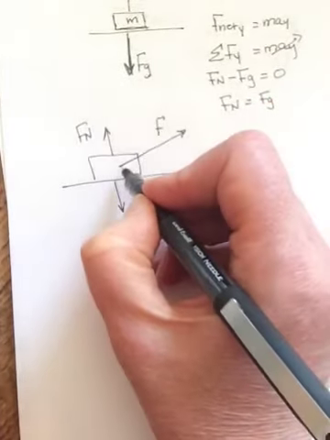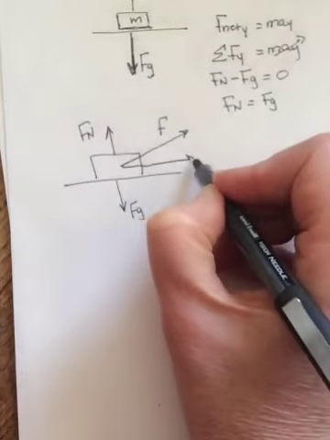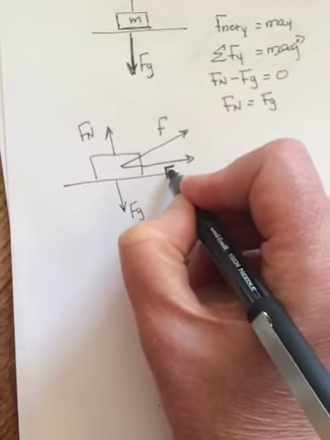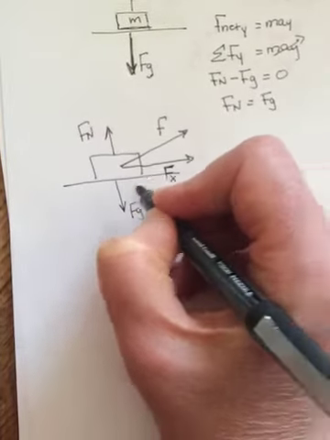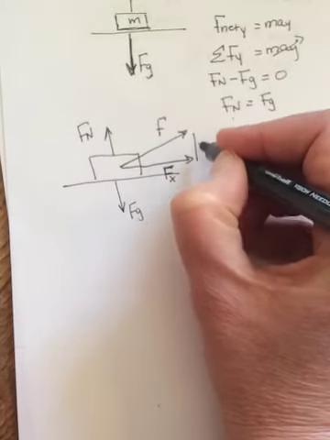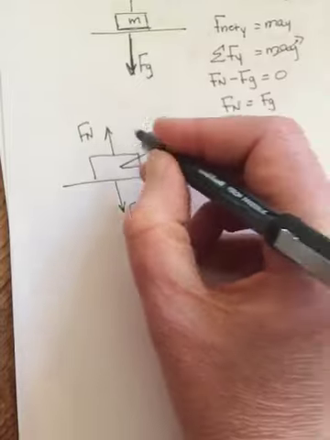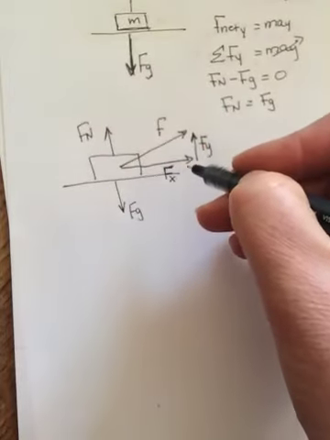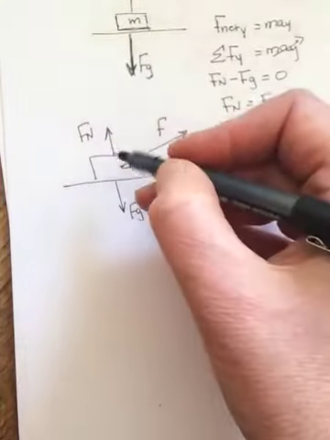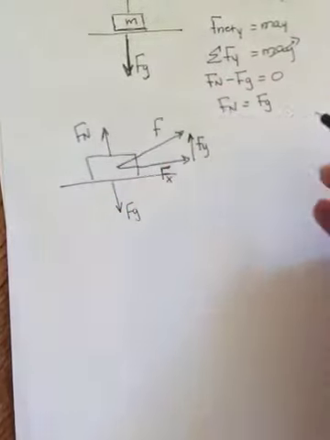So this is the force you're applying. This force going upward at an angle is going to have a component in the x direction that's going to move the box forward, but it's also going to have an upward component that's going to take some of the weight off the floor. In other words, the floor isn't going to have to push back with as big an